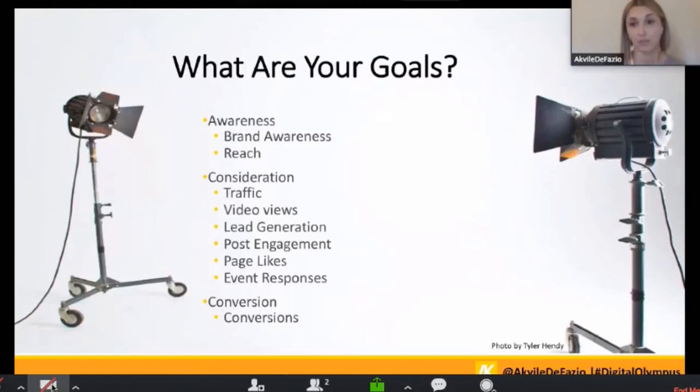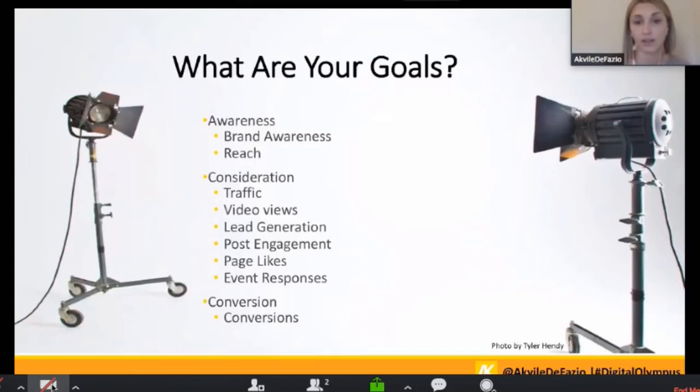So depending on whether you want to send people to your website to drive traffic, get some video views, which you can later use for remarketing and custom audiences and create lookalikes off of those, do some lead generation, post engagement, or drive some page likes if you want to do fans lookalike at a later point and you don't have enough currently and want to build that fan base.